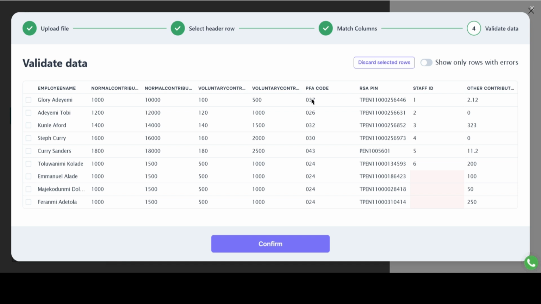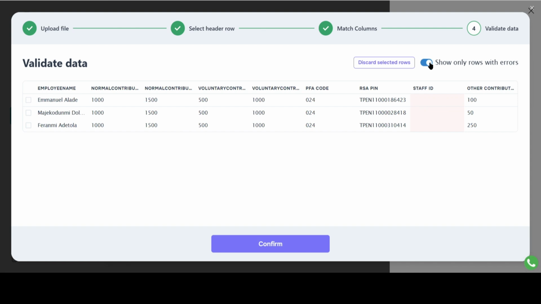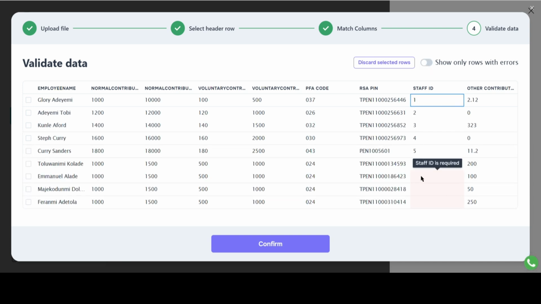Next, it does some validations like the required columns and columns that have to be unique. So here I can just toggle this button to show only rows with error. I can see that I have 3 rows with error, and the error is that I didn't put the staff ID. And the staff ID is a unique and required column, so I